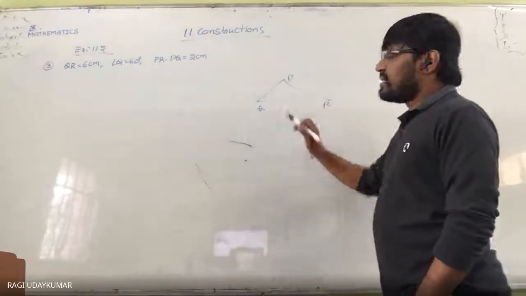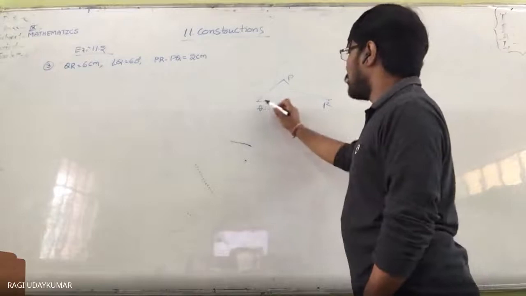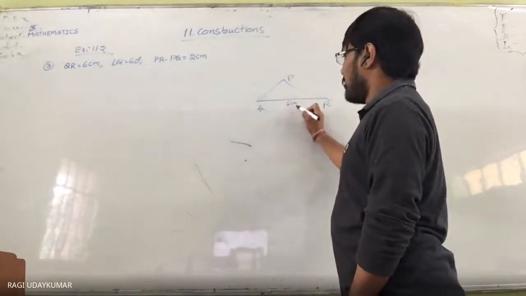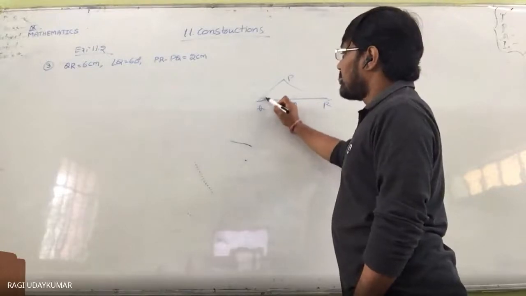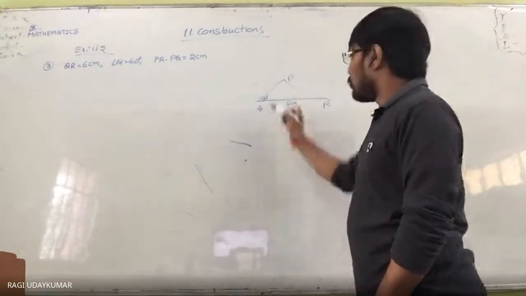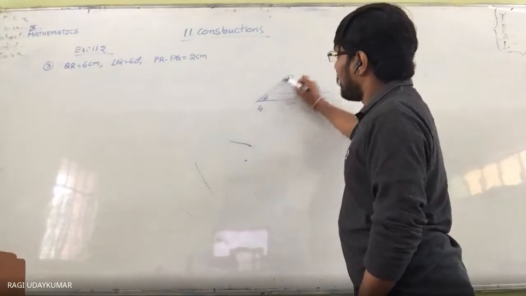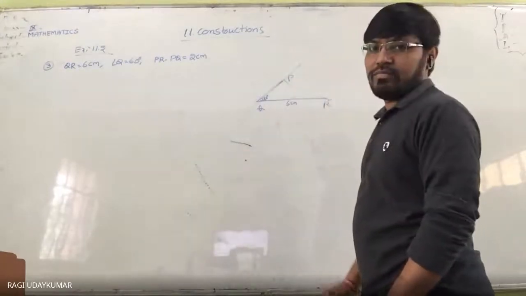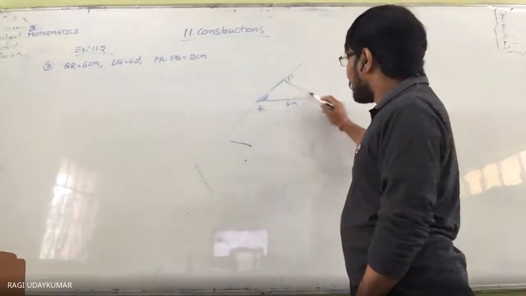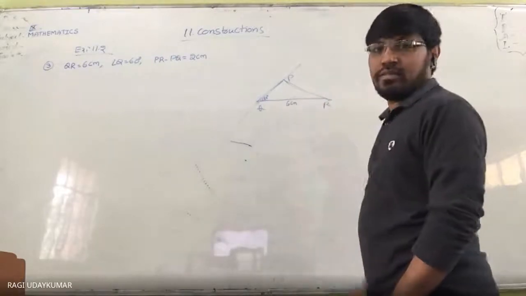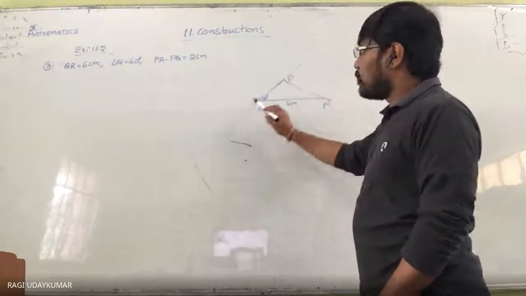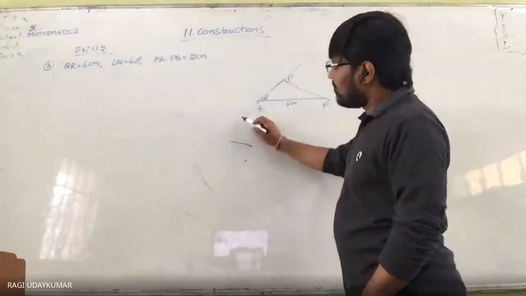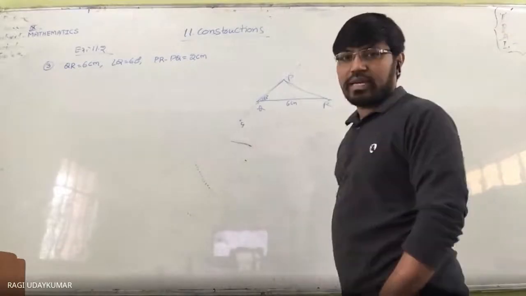Okay. So what is given to us here: QR is 6 centimeters and angle Q is equal to 60 degrees. So you can draw this ray, and this ray you can even draw like this. Now, what is given? This length is more than this one. PR minus PQ is given. So here, take a length equal to PR.